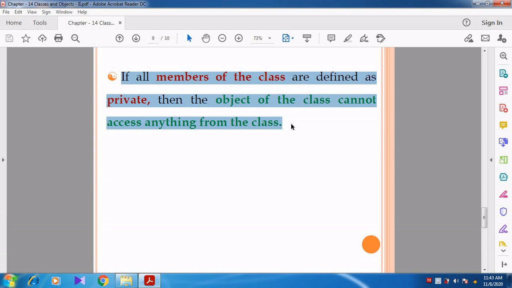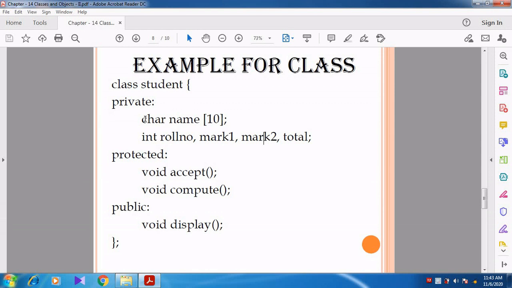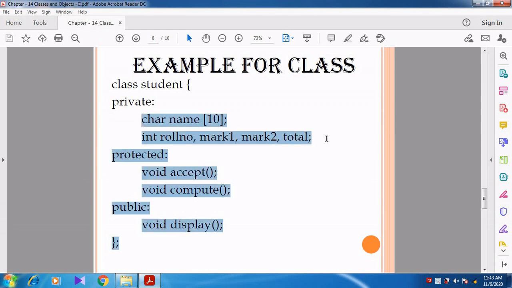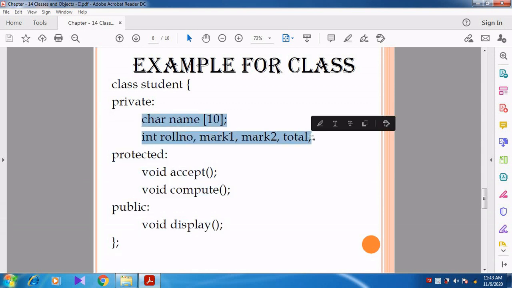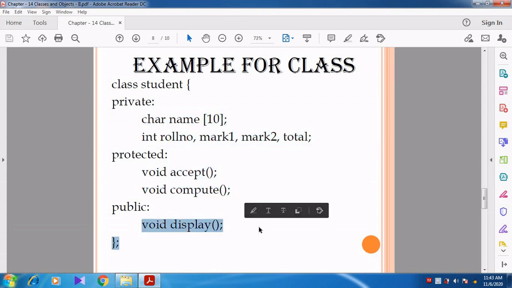In the previous example, they declared only the data members under private, but the member functions are declared under protected and public. So you can access the member functions.